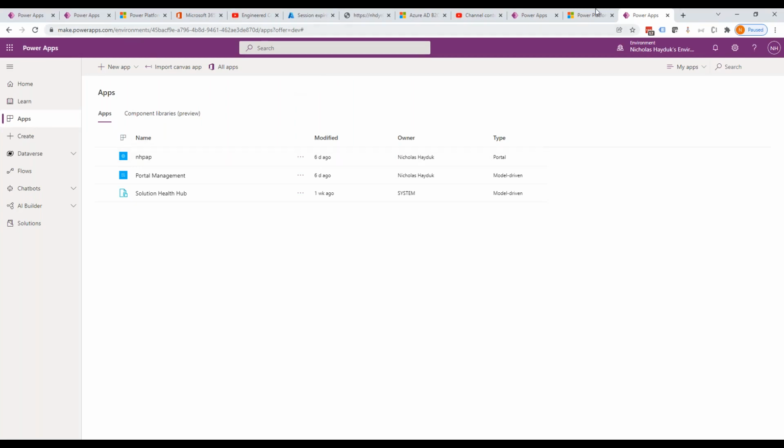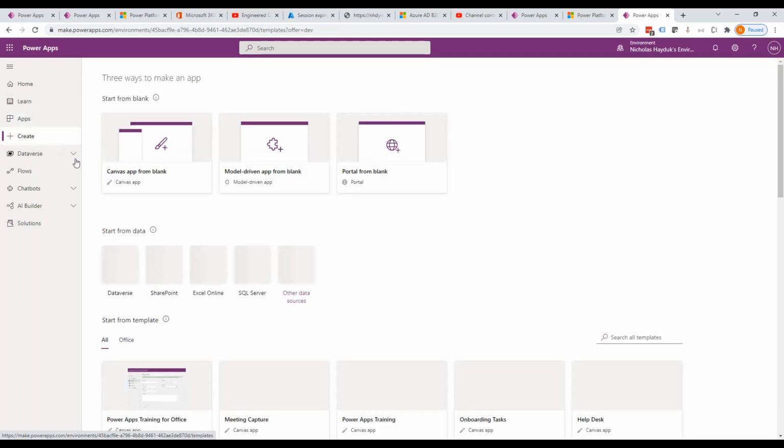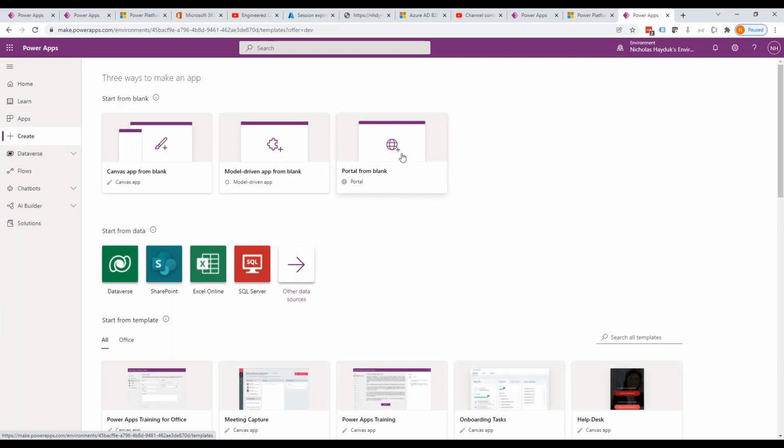So if I am in make.powerapps.com and I'm just looking at my environment here, you'll see that if I want to create a portal, this is where I would do it. So I go over to here, I go to create, and this is pretty much the one and only way to actually create a portal. So you click on here, you go portal from blank. This is just a